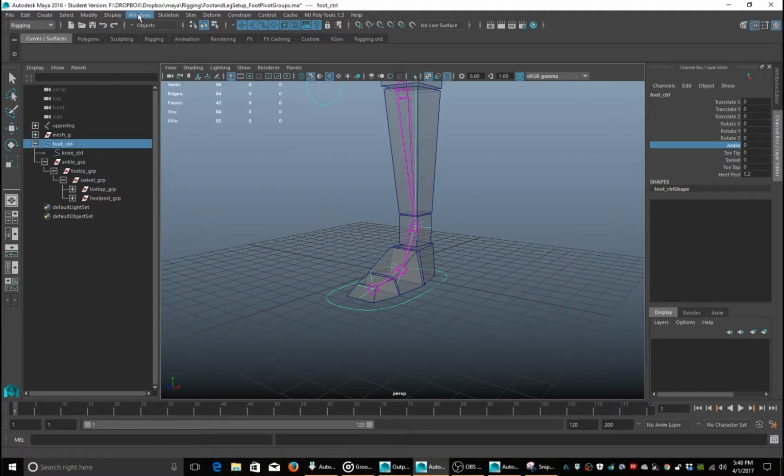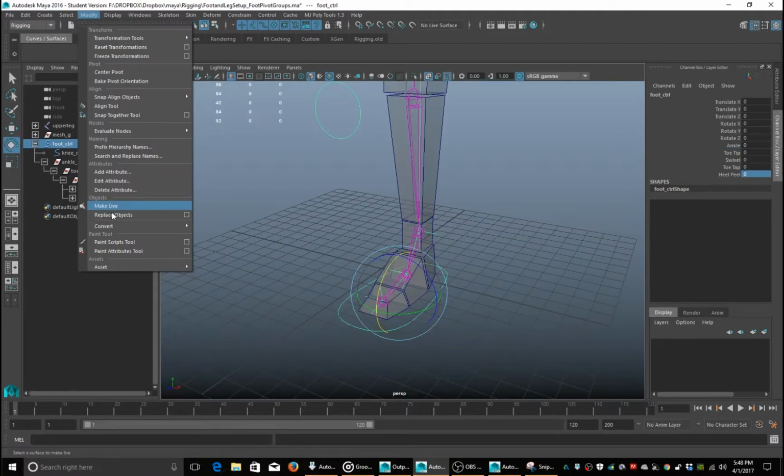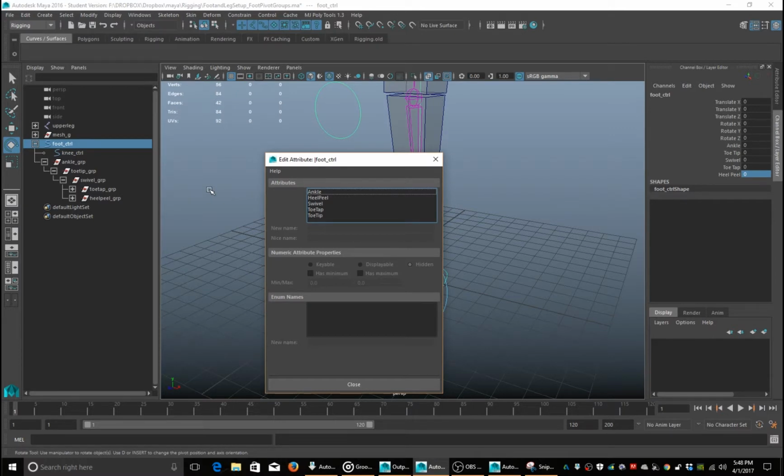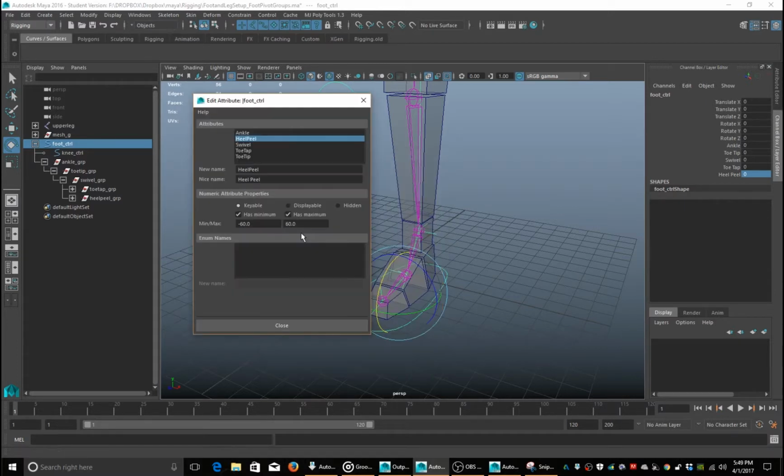So let's fix that really quickly. I'm going to make sure the object's still selected. I'm going to make sure everything's at 0. Going to Modify, Edit Attribute. Okay. So we can change the minimum and maximum here for all of these. So the ankle, let's do -60, and the heel peel, let's just go in. I think I'm doing -60 on all of them,